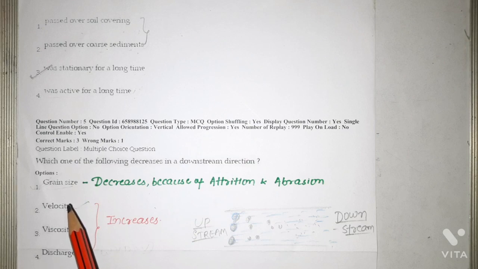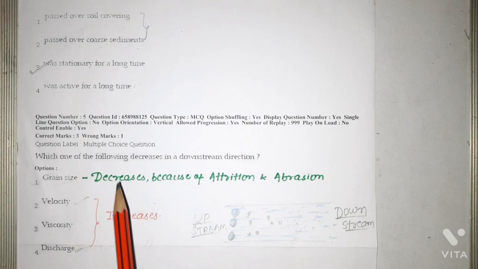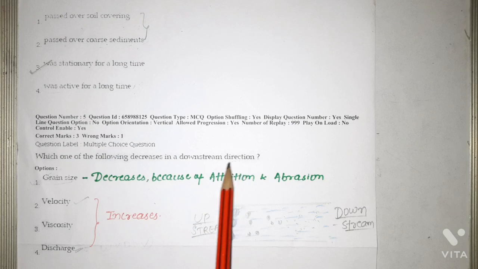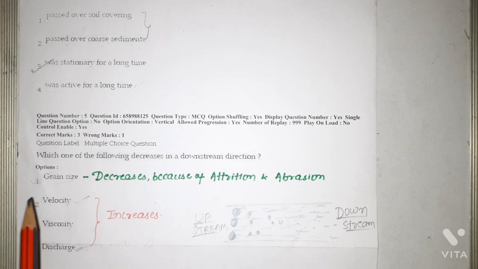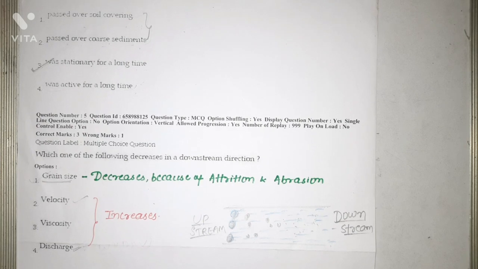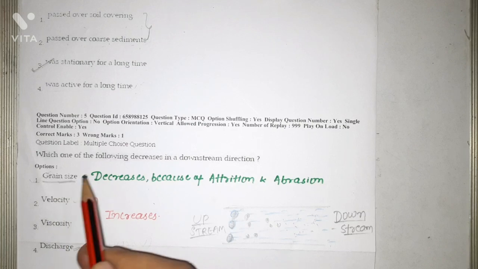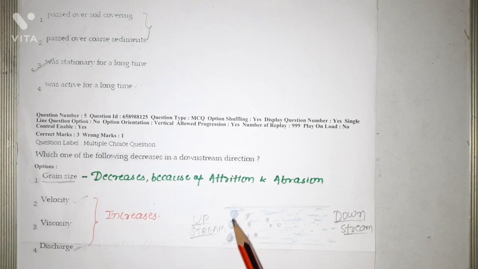Okay, now coming to the next question. Which one of the following decreases in a downstream direction? The first option is grain size. Grain size decreases because of attrition and abrasion. Grains carried by any medium get eroded by abrasion or attrition while moving in the downcurrent direction, and because of this, grain size decreases in the downstream direction. First the grains were coarse, and then because of attrition and abrasion